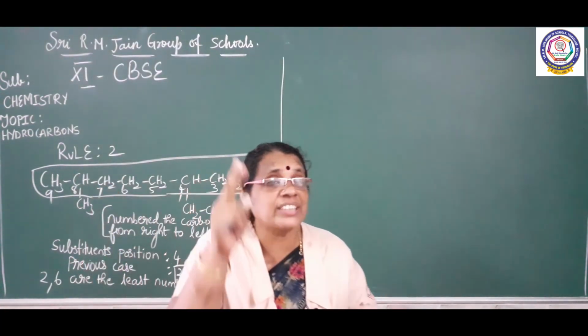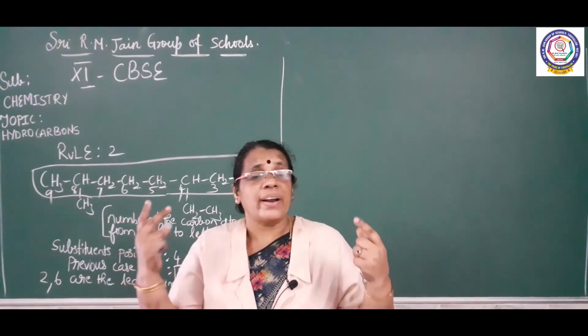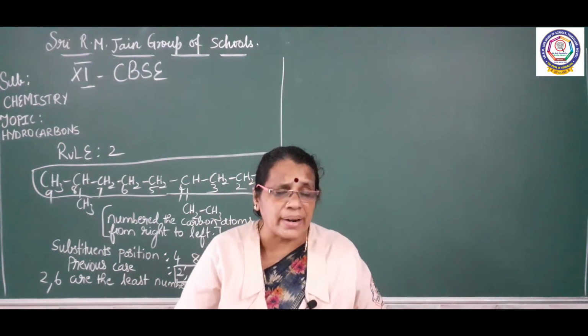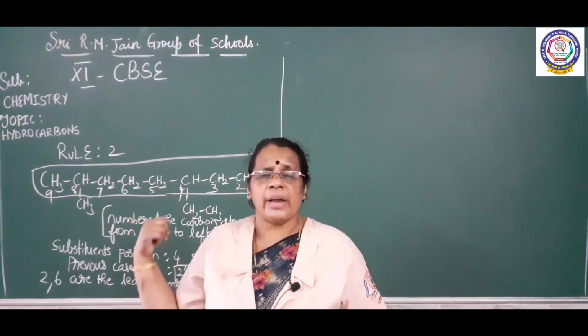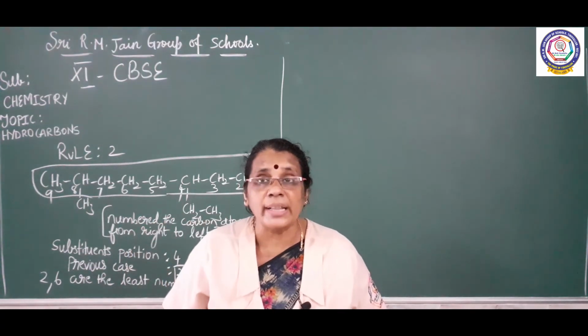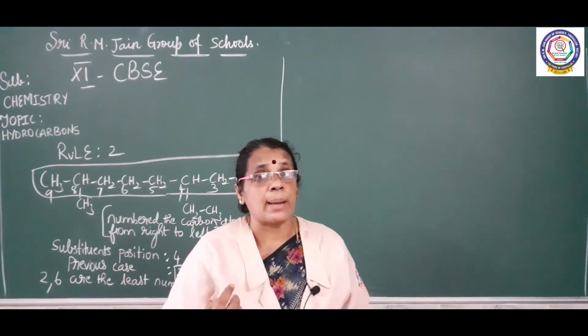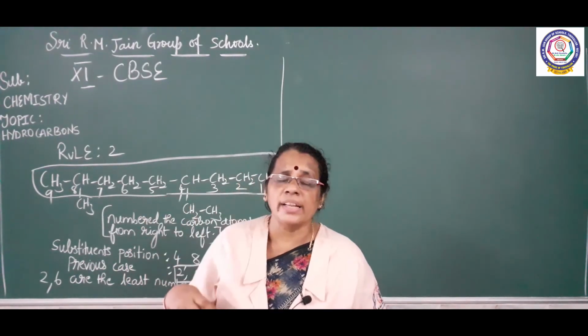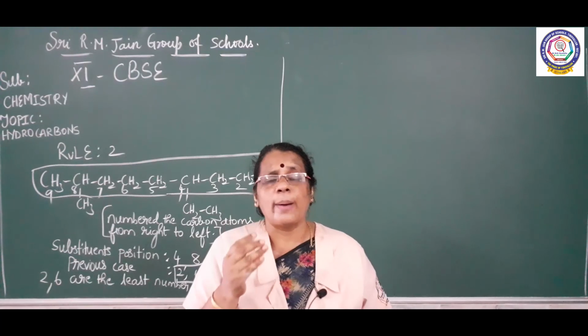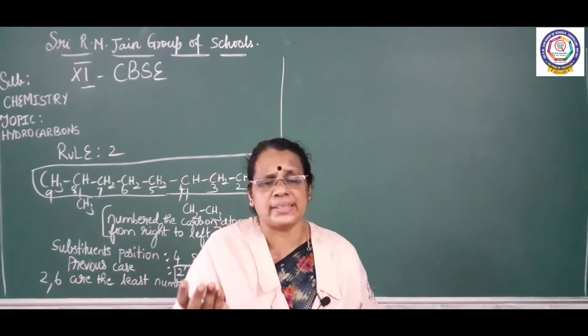Here I got two different structures, two different ways of numbering the carbon. In the first case, I numbered from left to right and got the positions of the substituents as 2 and 6. Whereas in the second case, I numbered the carbon from right to left and got the positions as 4 and 8. When you compare 4 and 8 with 2 and 6, 2 and 6 are